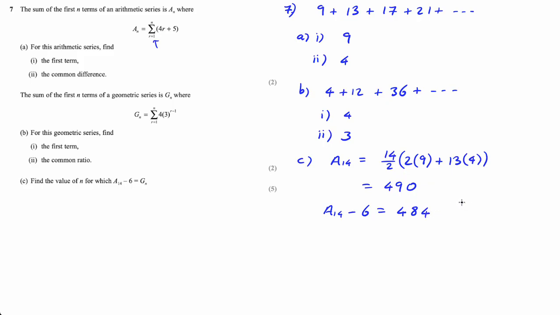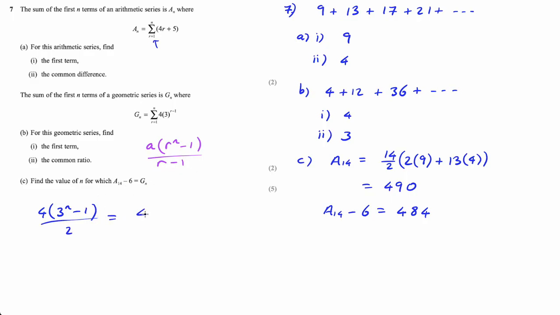Okay, is that right? A14 minus 6 is 484. Okay, so if we go to g of n, we are looking for the sum of a geometric sequence, which is a times r to the n minus 1 over r minus 1. We use this one for r greater than 1, which this one is. So now I can put a as 4, r as 3: 4 times 3 to the n minus 1, all over 3 minus 1, which is 2,